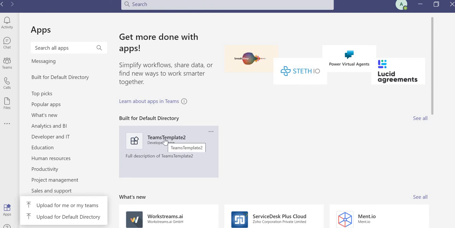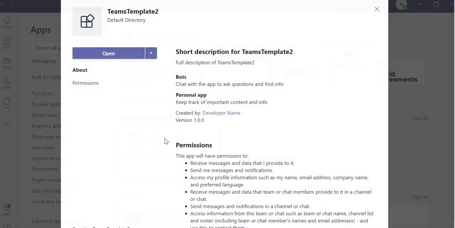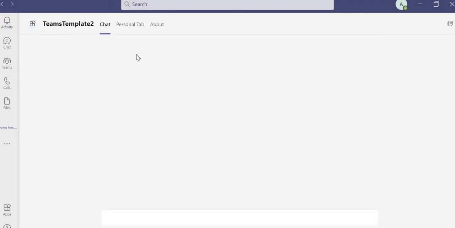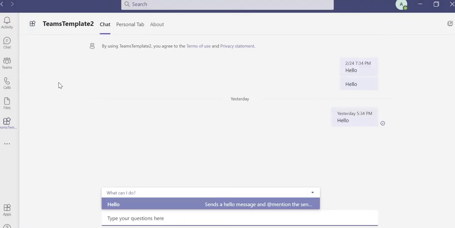Once you click on that app, it will open like this and show the Teams chat and personal tab. This is because I have selected both bot and tab in the manifest, so both are appearing.